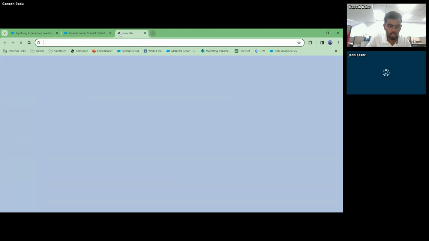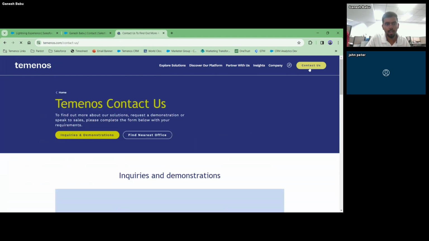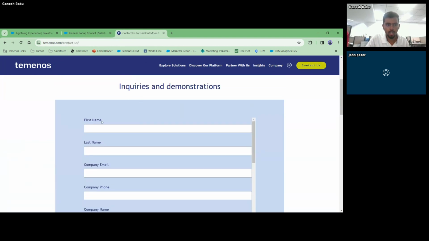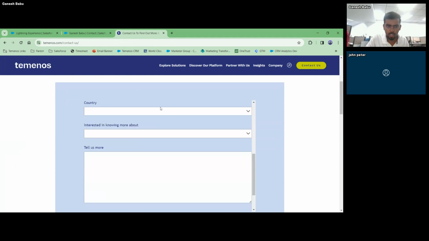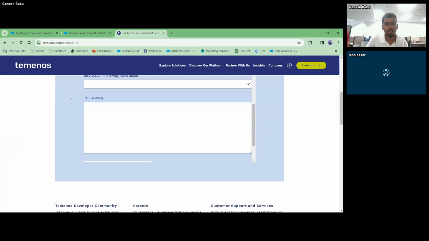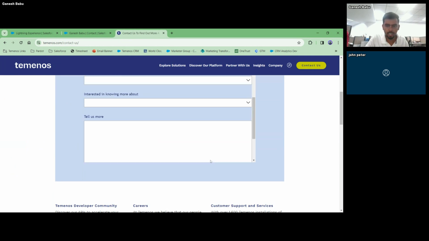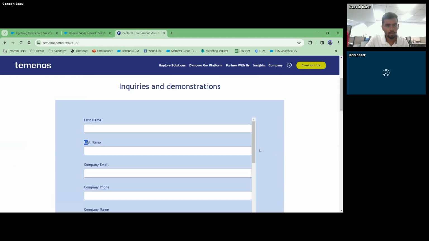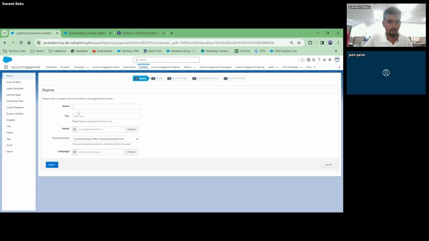Like let's go to Temenos, right? So this is the company that I'm working for, just for an example, right? If I go here, if you see, this is first name, last name, and company, and this is the Pardot form basically. This is the iframe that I've given to them, and it is pasted in the website. Then all these features like reCAPTCHA and everything are being hosted by Pardot, right? I'll tell you how to do that. Not a big deal.